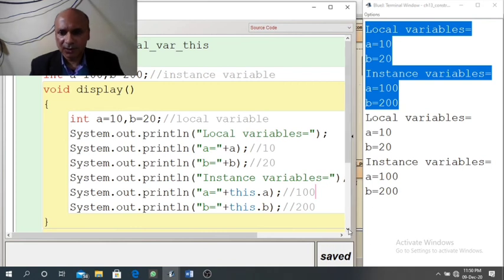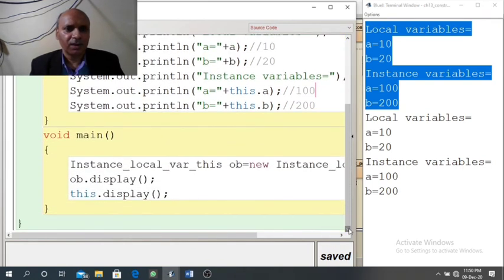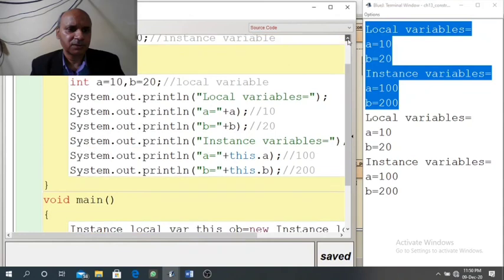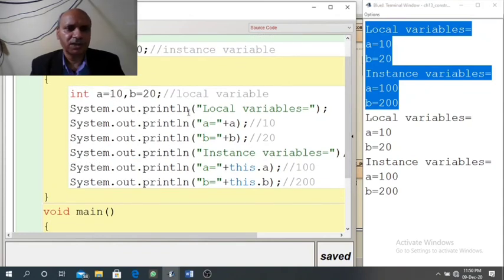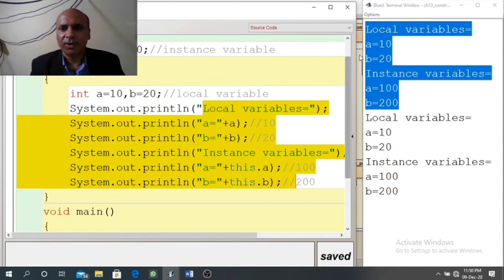So when we execute the main method, in the main you can see first object ob is created. First statement ob dot display, it means display will be called through the object ob. So when display is called, then local and instance variables will print, that is the highlighted part here.